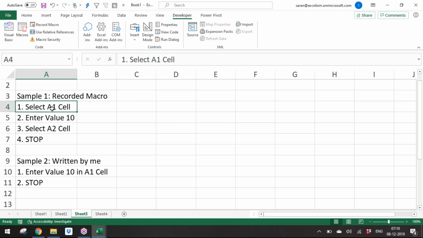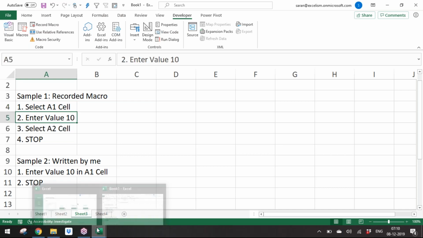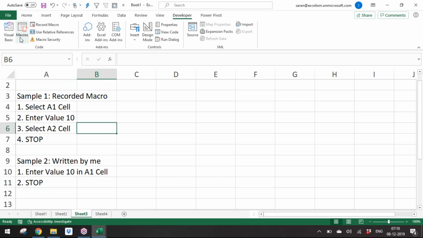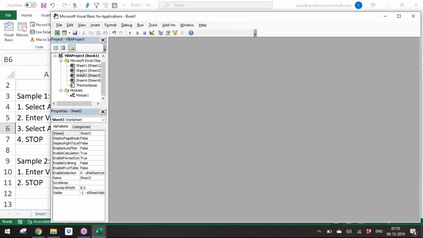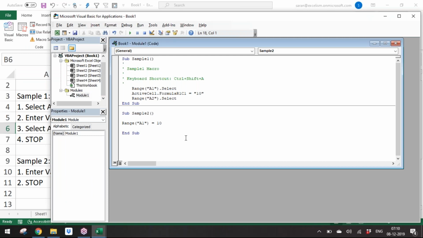You need not select A1 to write 10. That's what I mean. After 10, you need not go to A2. Let it be in A1 itself. So that is the meaning of the macros and VBA. In VBA, when we start writing the program, we can skip so many steps because